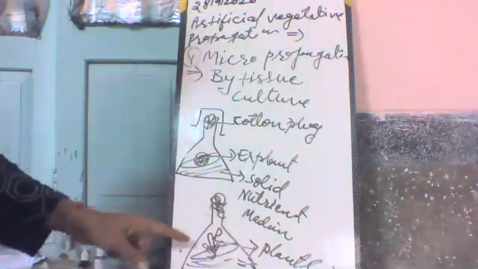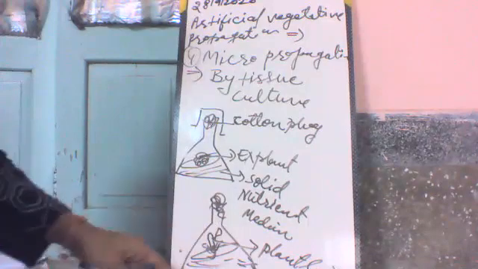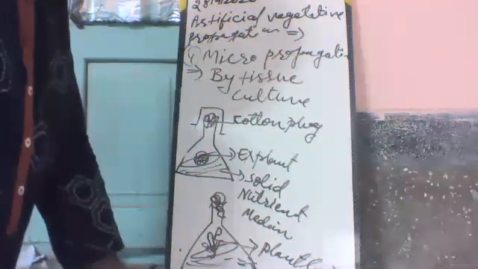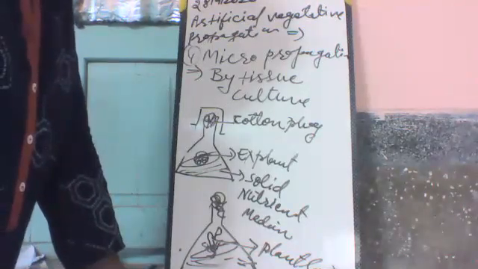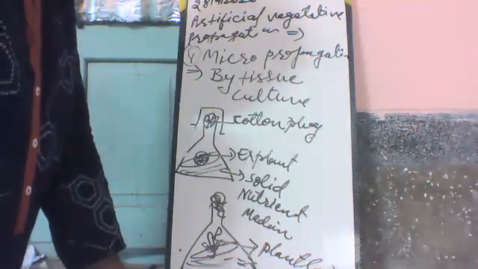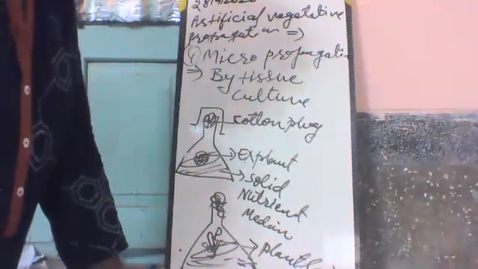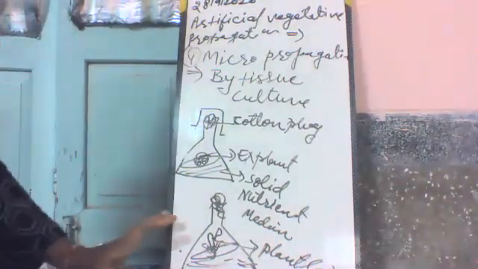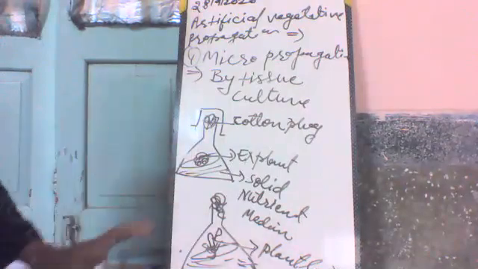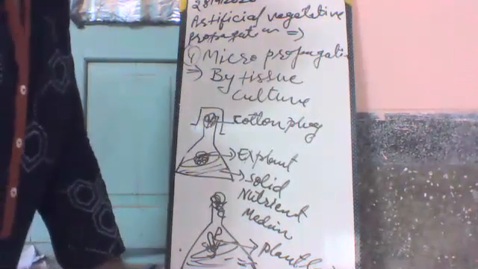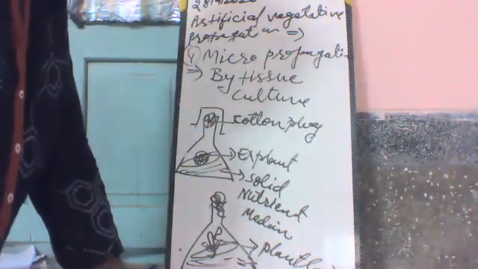After some time, these cells develop into some part of the plant, and this part of the plant is known as plantlets. After 4 to 6 weeks, the plantlets are transferred to the soil. Take them out and transfer them into the soil. This can be used to develop the